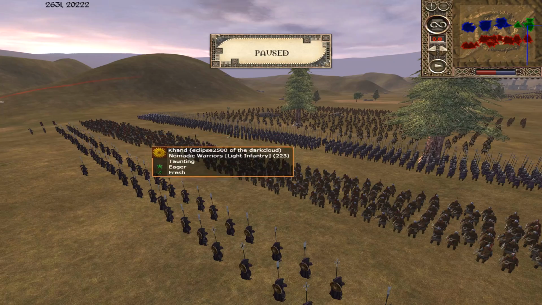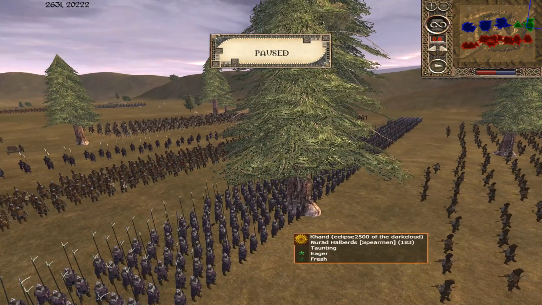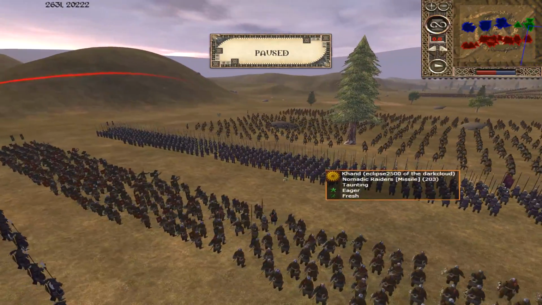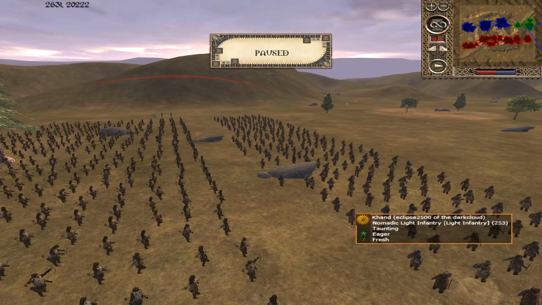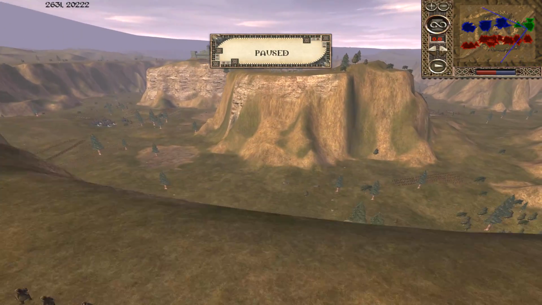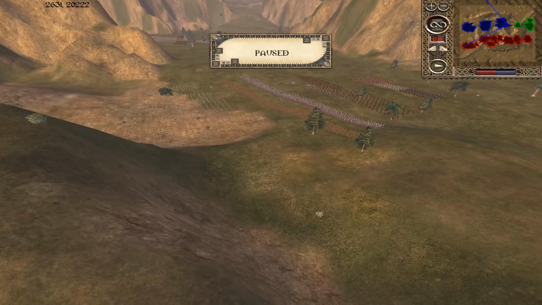I'm surprised they're deployed so far back. Out front we have the more elite troops of Khan. Nurad Halberds, looks to be 3 units of them. And 2 units of Nomadic Raiders, along with some Nomadic Light Infantry out in front, probably to try and absorb any arrow fire potential. And that's Eclipse's opponent. But moving on to the first of Eclipse's allies, we have a second Khan army commanded